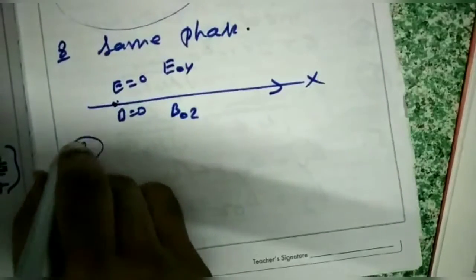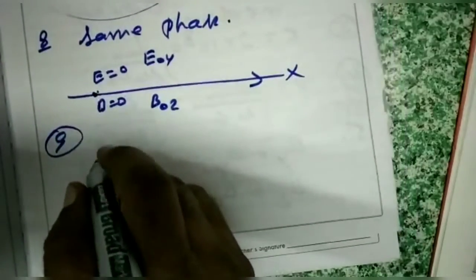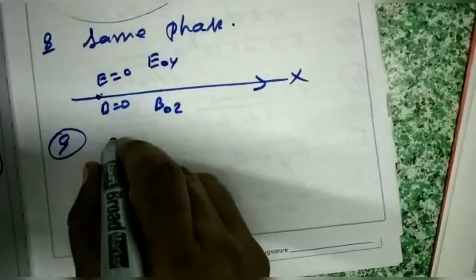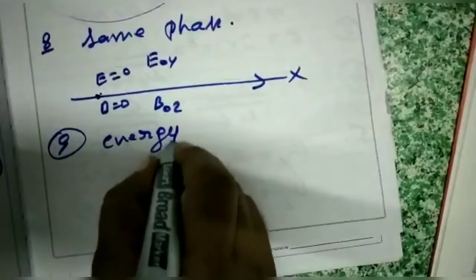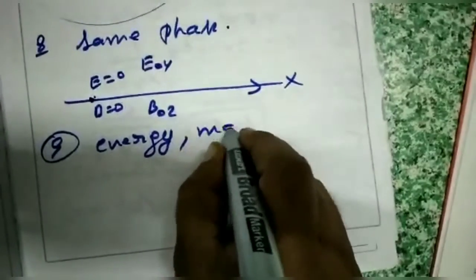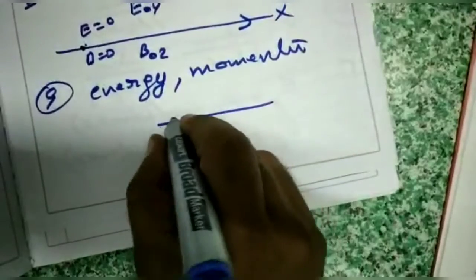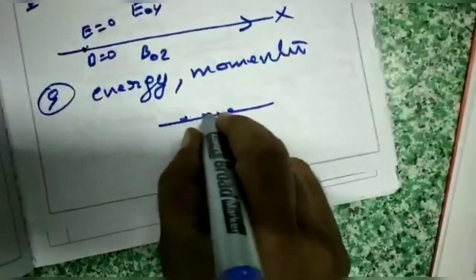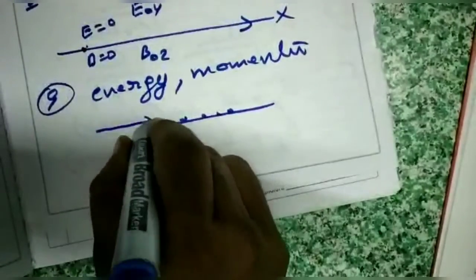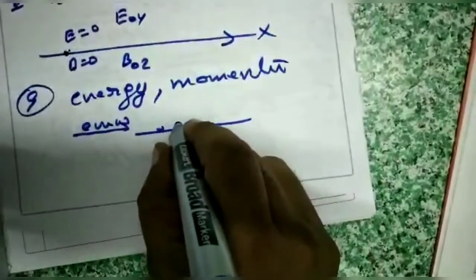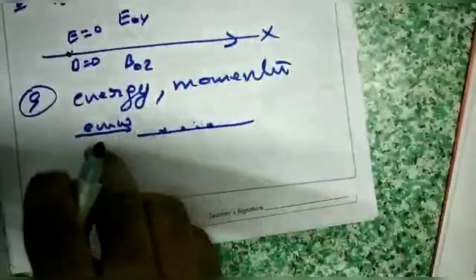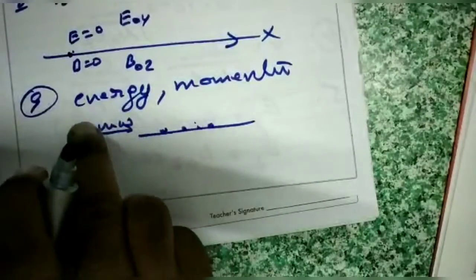Now, the 9th point is: they carry energy and momentum. To prove that they carry energy, I will tell one point about momentum. Imagine an uncharged metal plate; on that metal plate, charged particles are there. Now, if an electromagnetic wave is made to travel through that plate, then these particles come into a state of motion. That indicates that the electromagnetic wave is imparting energy to them, which means the electromagnetic wave has energy. Not only this one,